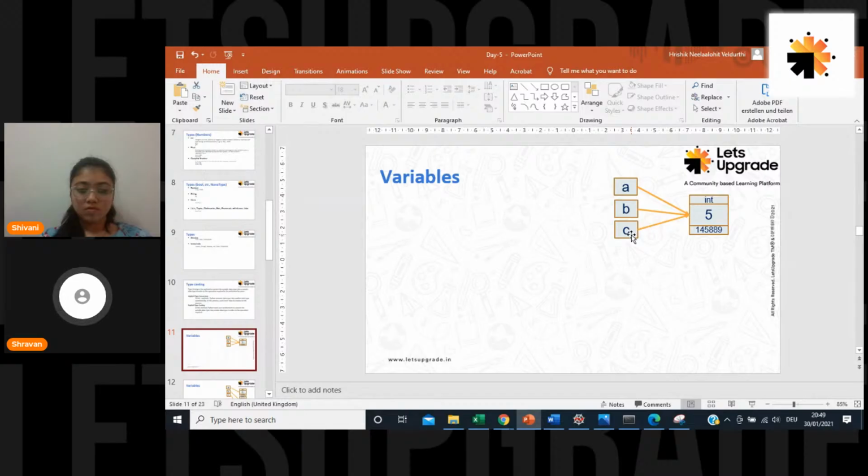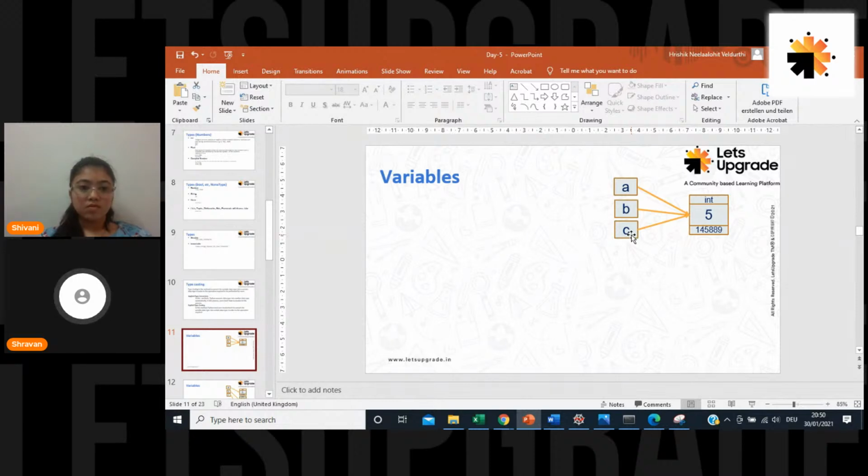Why are we doing this? Python wants to make sure that it is memory efficient. I don't want to keep three objects inside my memory, where A refers to something, B refers to something else, and C refers to something else. I don't want to do that. I will take the same object, because these three have the same value, so I don't want to waste my memory.